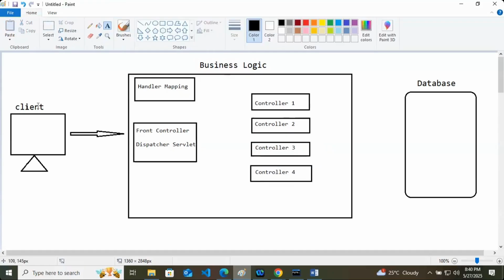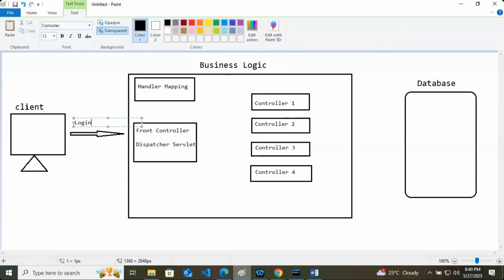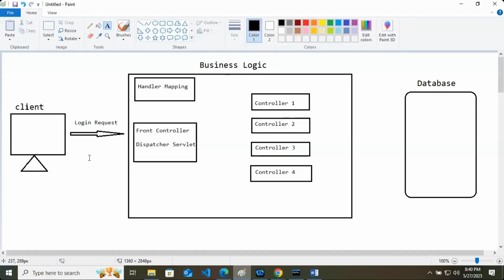Now when the request goes to the front controller, it doesn't know which controller's number or name is handling this request. Let's say the client is trying to do login. So the client has sent a login request. And this front controller does not know which controller is handling the login part, right?